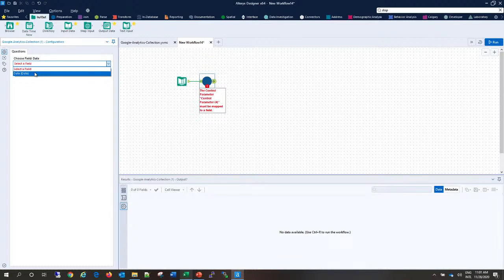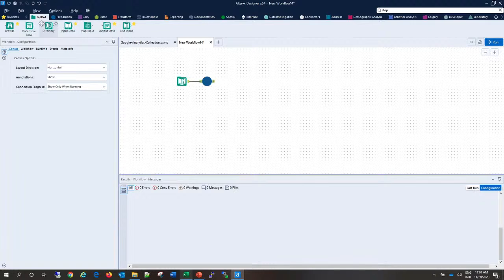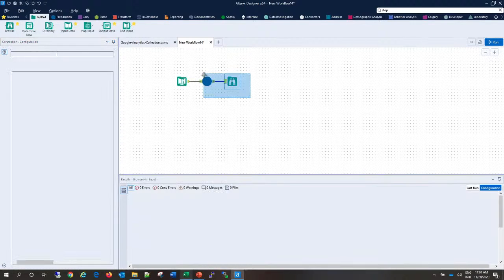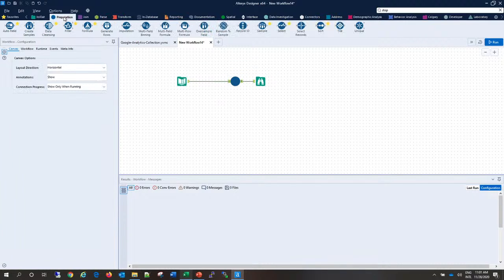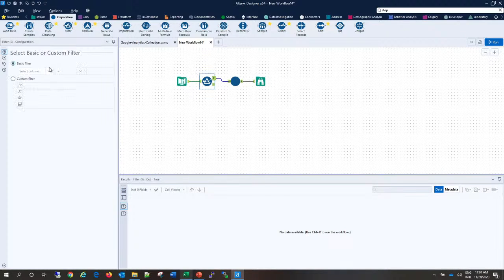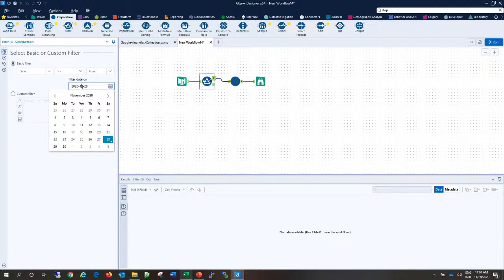this tool, so I can put a date here, and now I can put a browse here. Of course, it's going to take a long time. A year should take like half an hour or something. So I'm just going to put a filter tool here. Let's put a filter, here it is. So I only want the dates for this example to be,